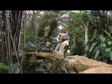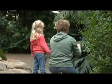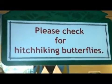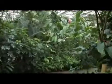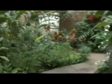The Butterfly Pavilion is one of the few places where a visitor can wander around a tropical rainforest and explore a short grass prairie in a matter of minutes. The plant collections here provide food and shelter for the butterflies and other invertebrates, as well as learning opportunities regarding